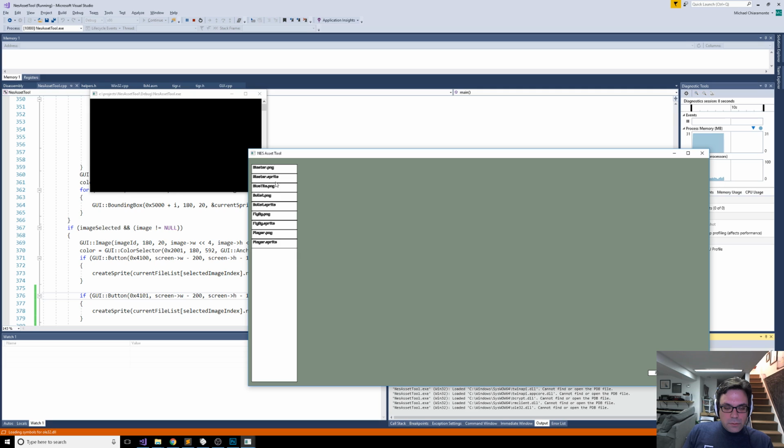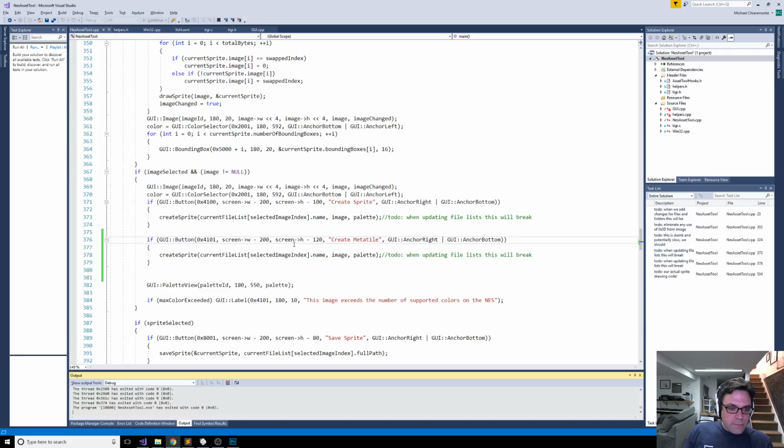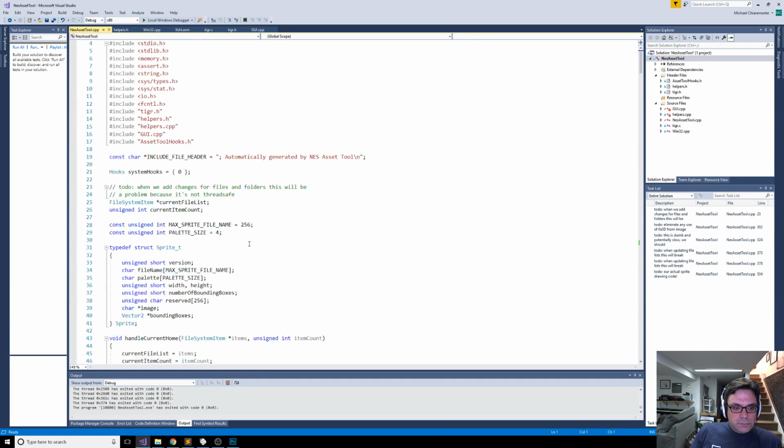All right, so blue tile. Yeah, that's okay. I kind of like that it's a little bit separated from the project, and it's got decent spacing compared to the sprite button, or next to the sprite button. So I'm good with that. So we want to create a metatile from that, and a metatile